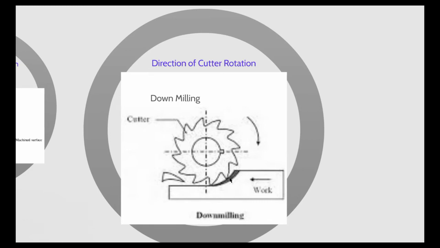In down-cut milling, the direction of feeding of the workpiece and the direction of the rotating cutter are the same, as you can see in the picture. The down milling process is used for machining soft materials. Unwanted material is removed in the form of thinner chips. A larger clamping force is not required because the cutting force is directed downward and tends to press the workpiece against the working table.